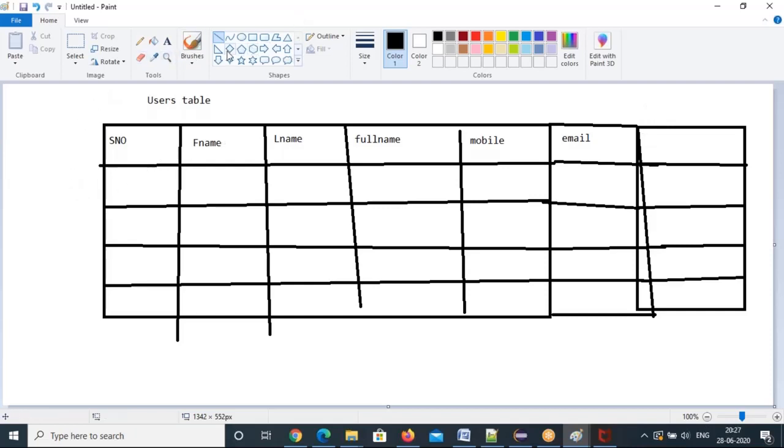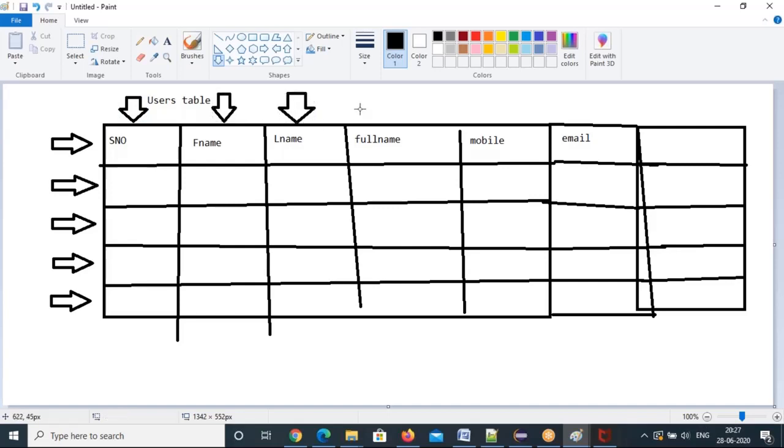So these are the rows. I want to explain rows and columns. So these are the headers. Then your data will start here. These are all different rows. In one table, lots of records will be there. These are all columns. This is another column. So a lot of columns and rows will be there. So this is the one object where the data will be stored.